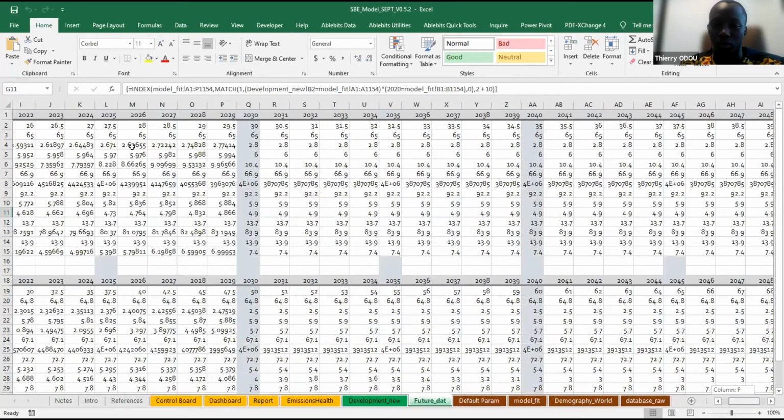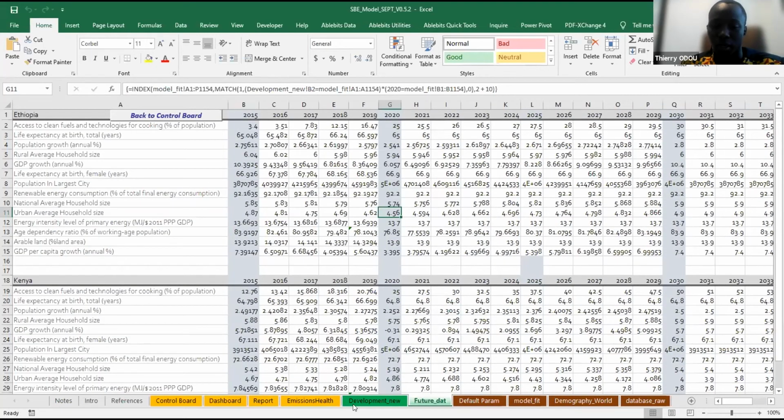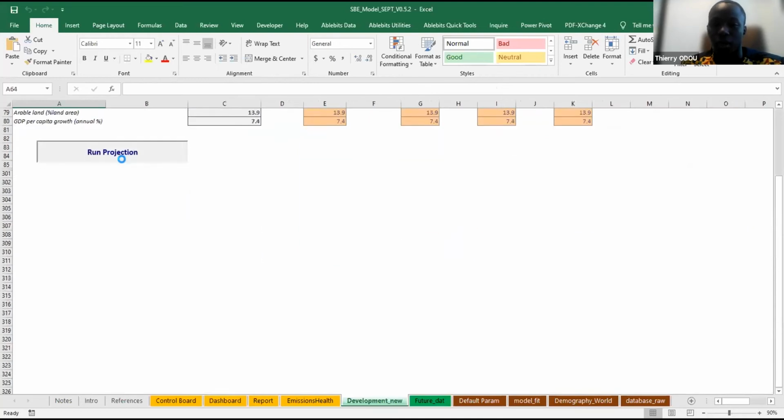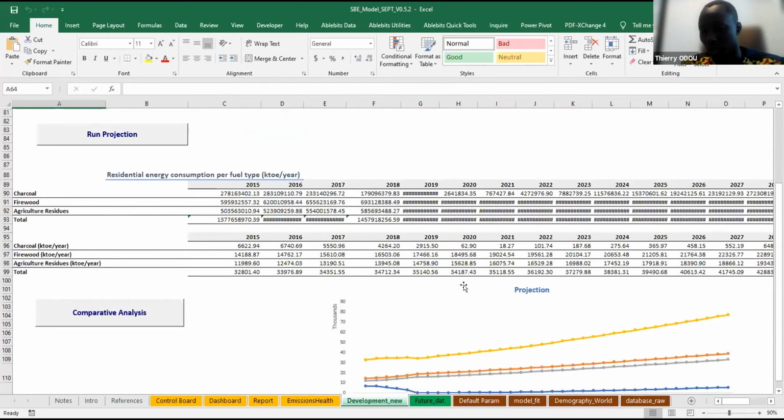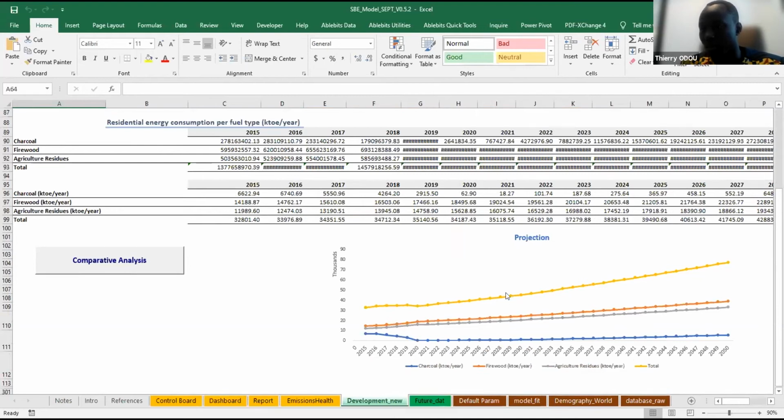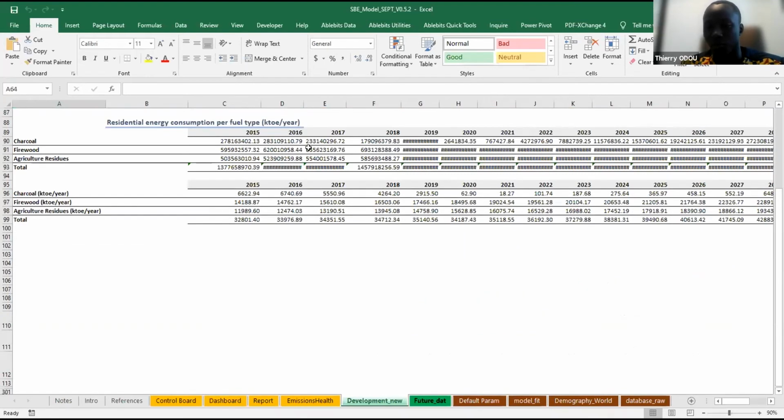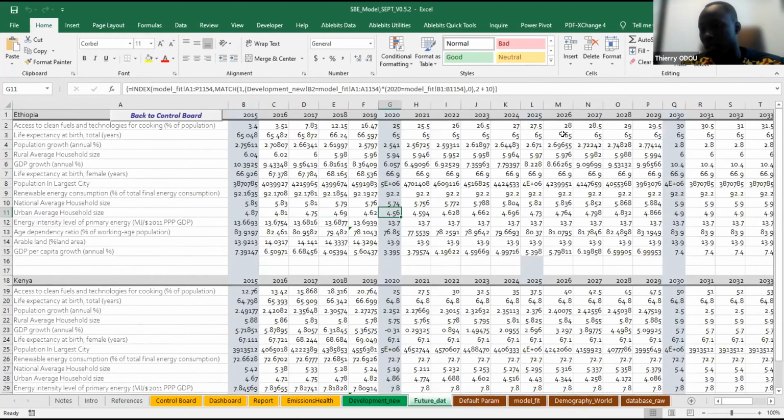So as soon as you are modifying this, and when you come into the development aspect, you realize automatically you get that the projection that you will be getting here will be different based on the different values you change over the year as well here. So these are just a few clarifications that I wanted to point out that could help the user to really have a more clear understanding about how this variable